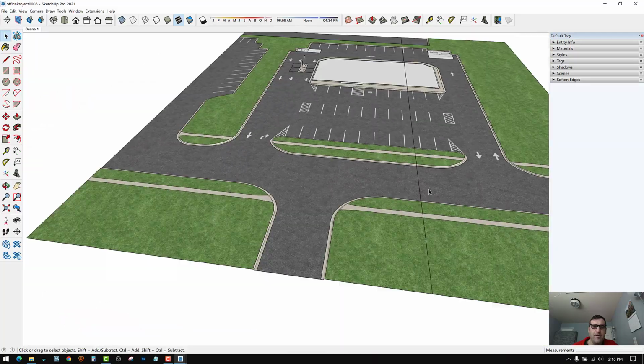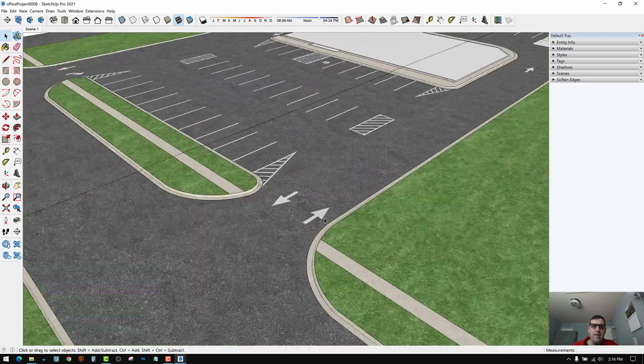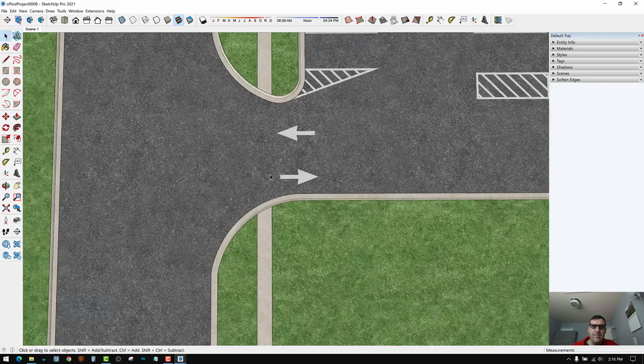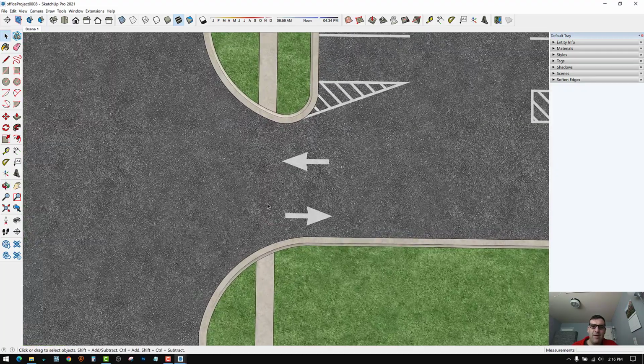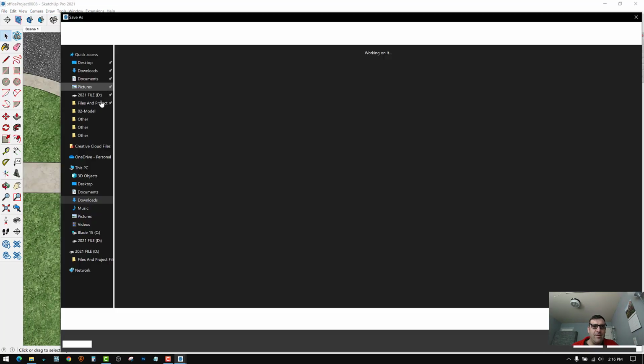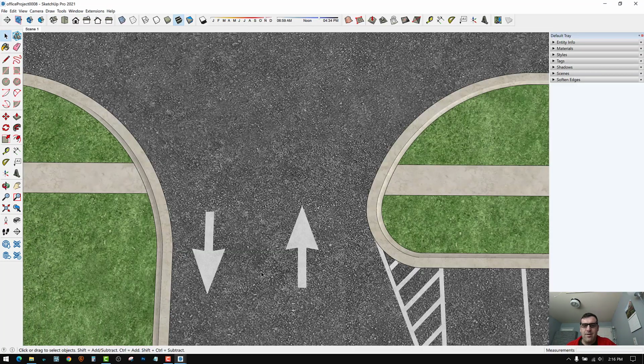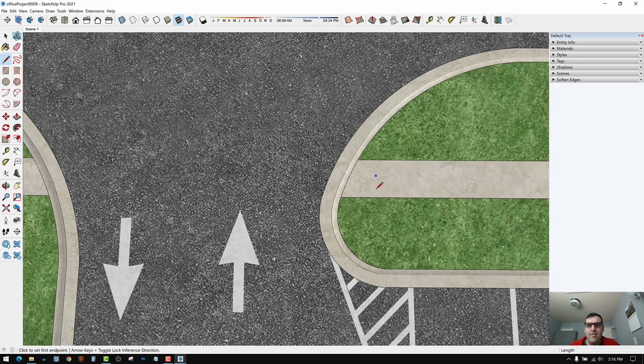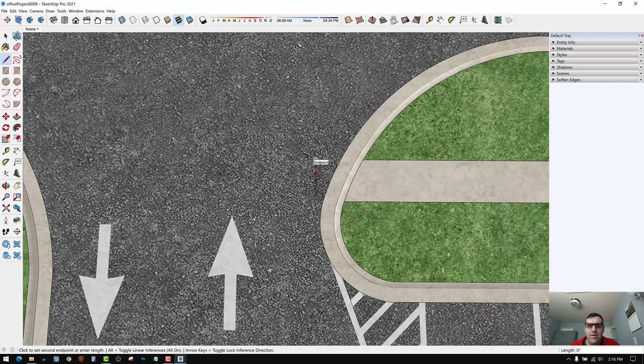Okay, yeah, I like it. So the only thing we need to add as far as paint is those paint spots here. So let's save our work there as an extra version. I usually make these the same width as the sidewalk, and then I make them 18 inches wide, or deep, whatever you want to call it. So draw it about the same as the sidewalk, and then type in 18, 18, enter, and that will be